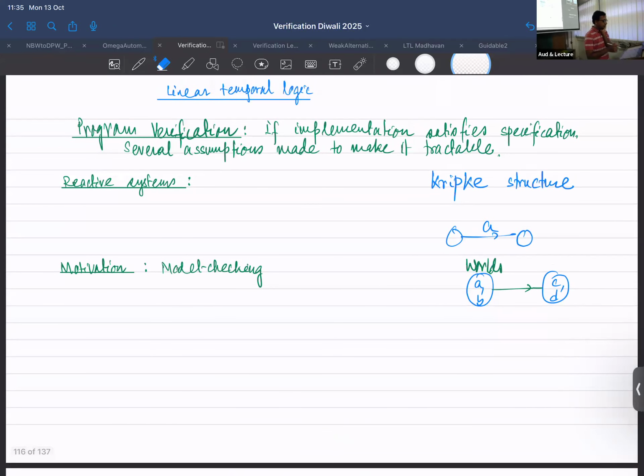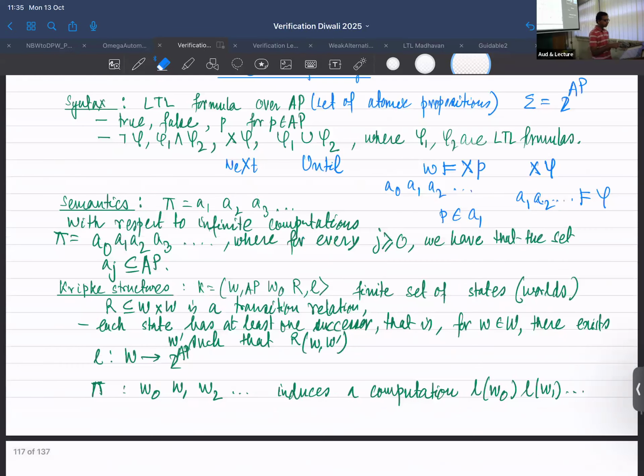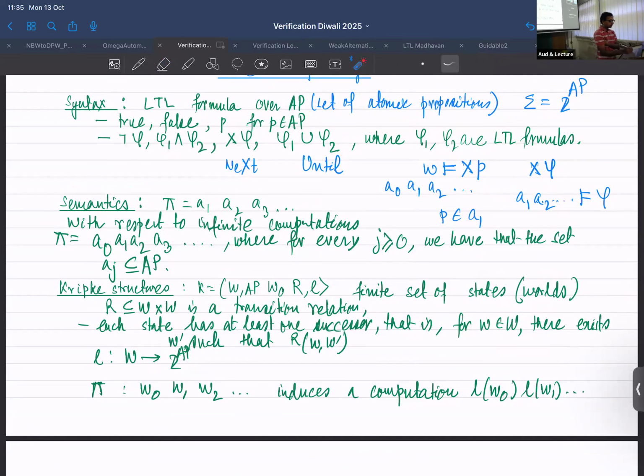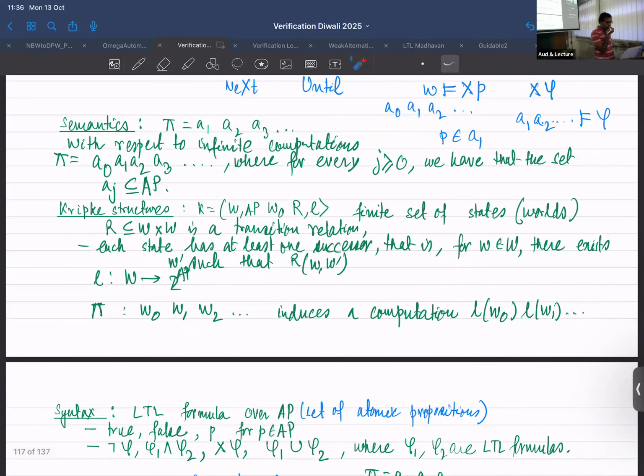So we were looking at linear temporal logic in the last class. Like every logic, there is a syntax for linear temporal logic. So we have true, false, and we have a set of atomic propositions. So P is an atomic proposition. And then we have the Boolean connectives like negation and conjunction, and then we had the next and the until operators, right? And we also discussed the semantics, which are basically